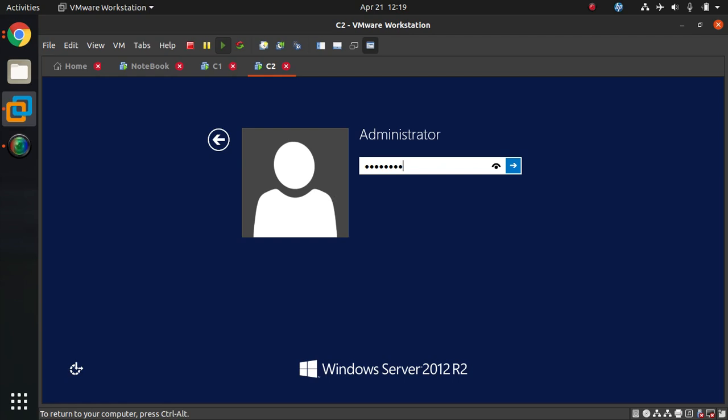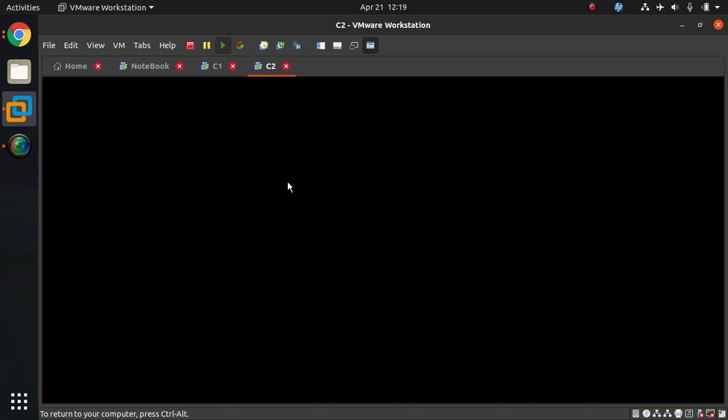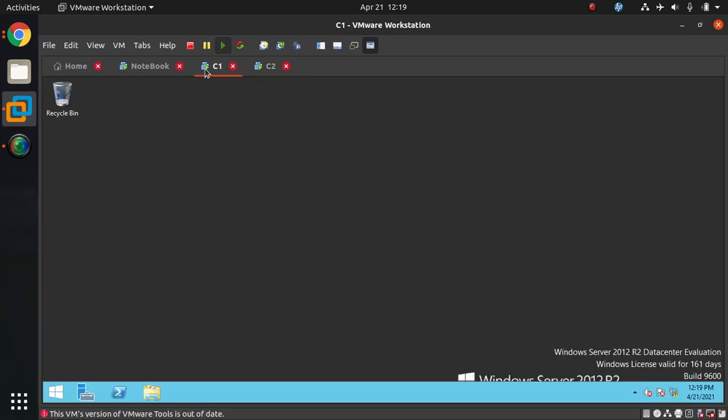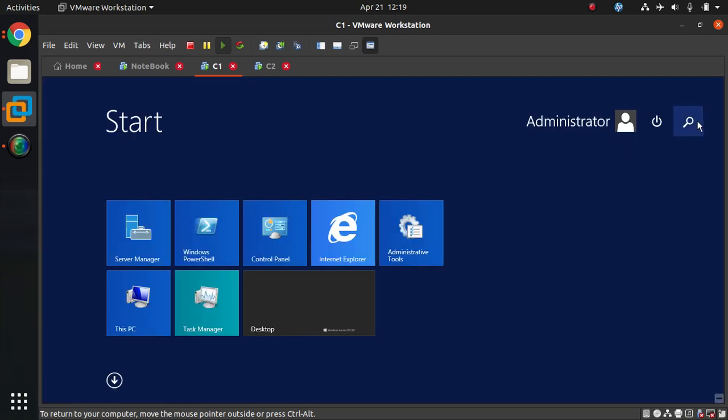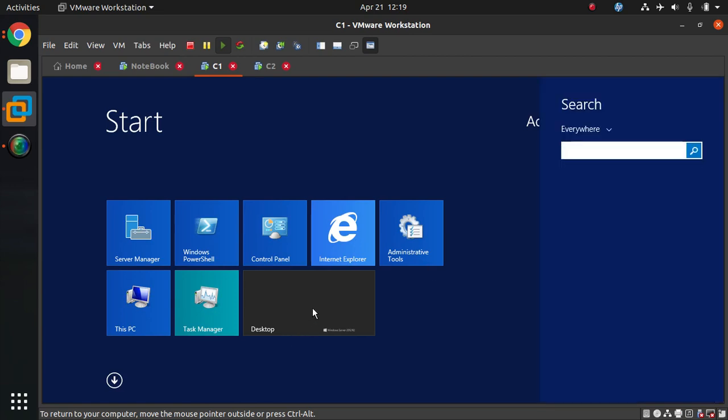I will show you here. If I go to the PC called C1 and open Active Directory Users and Computers, I run a command called dsa.msc.